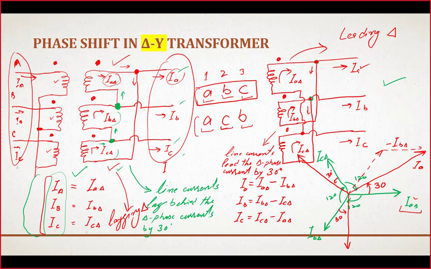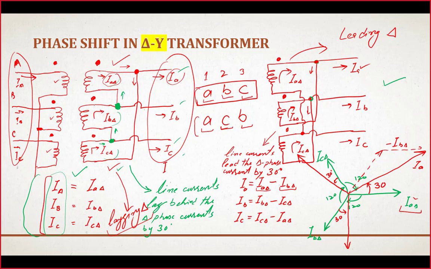It is a very easy manner to remember it with the help of this phasor diagram. Now if we look at this delta, we were subtracting a current. For example, for the first phase, we were subtracting this IC delta from IA delta. We were subtracting a leading current from the lagging current, so the resultant is a lagging delta. Here we were subtracting a lagging current from the corresponding leading current, so the result is a leading delta.